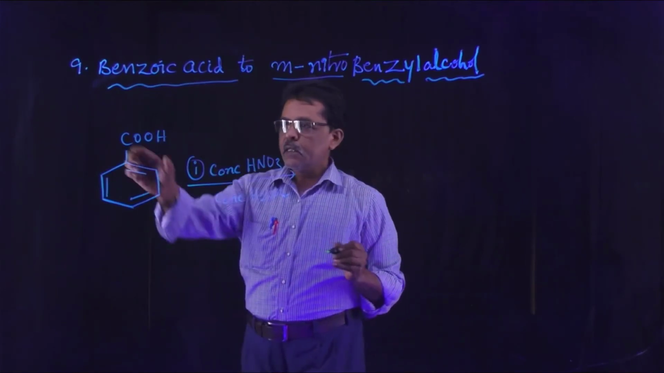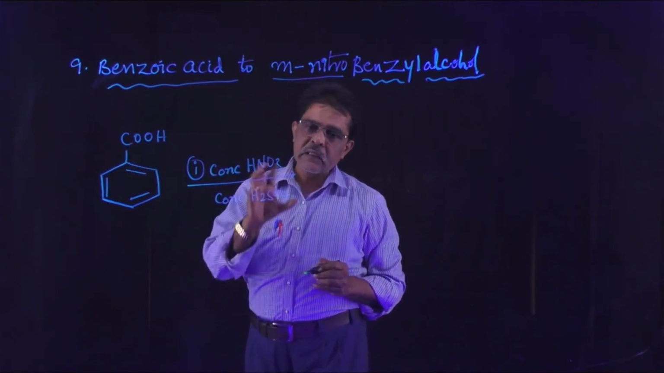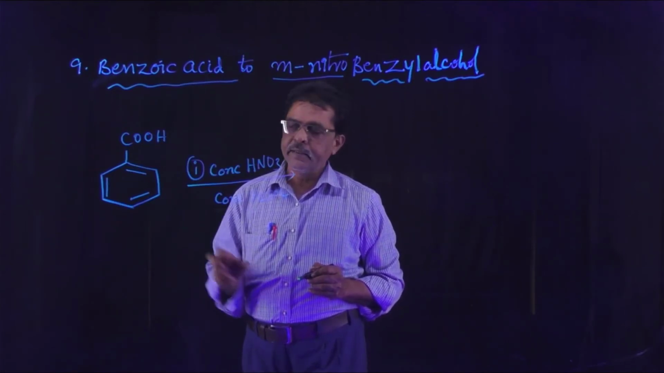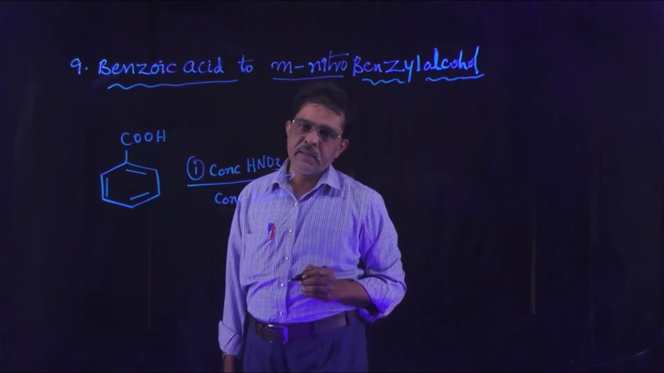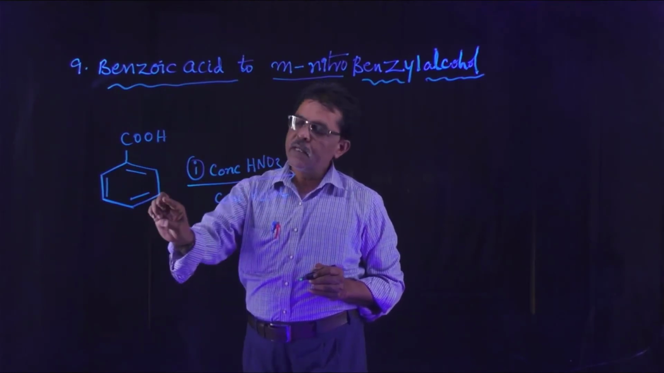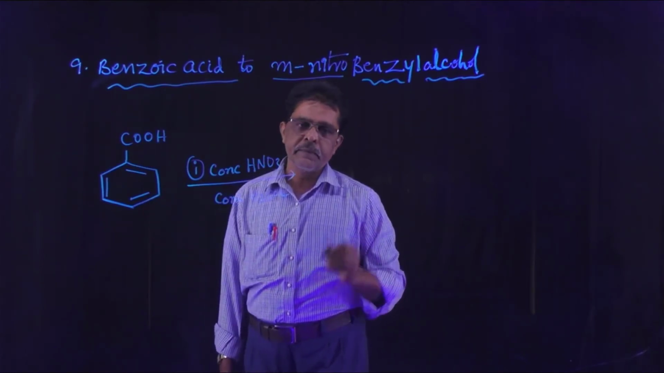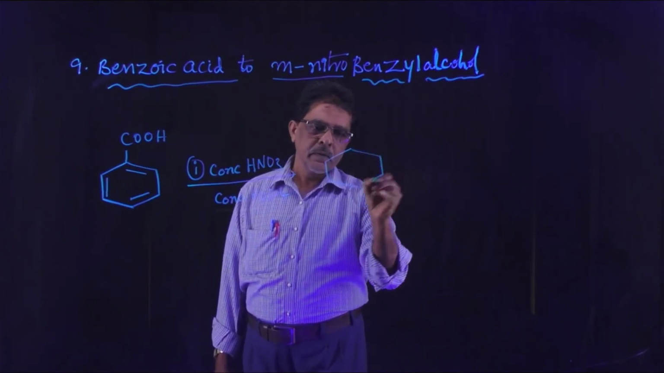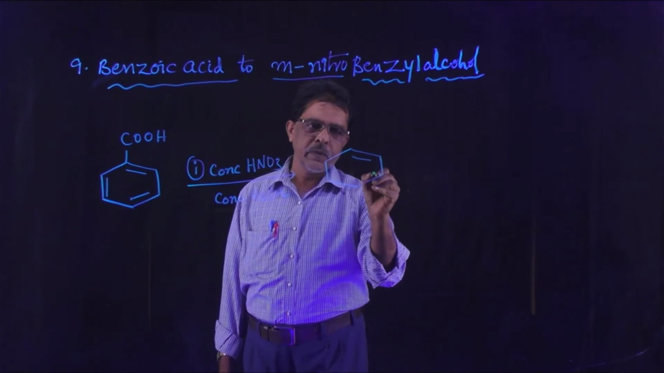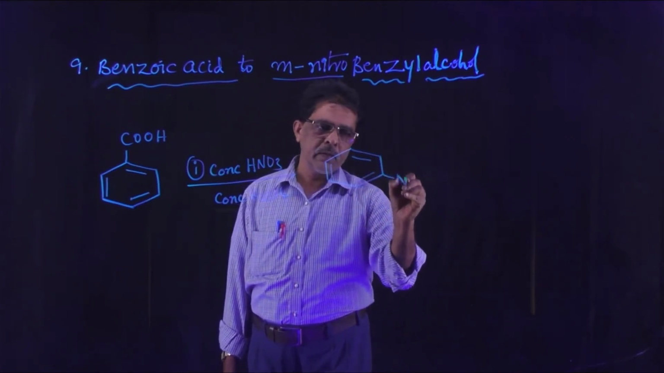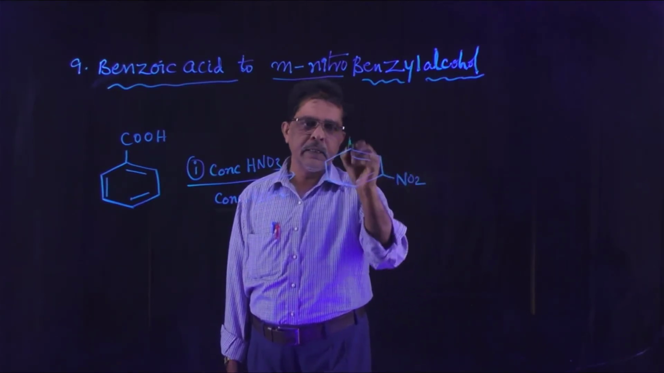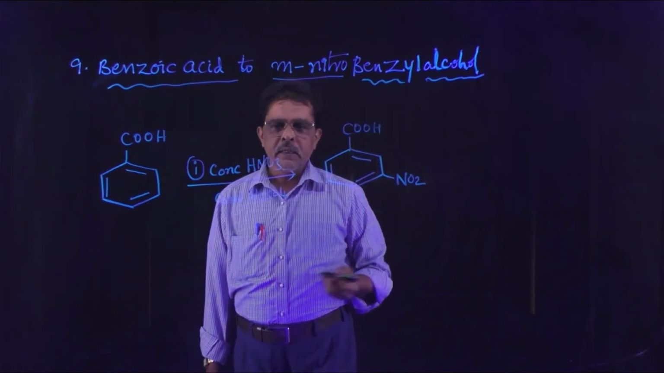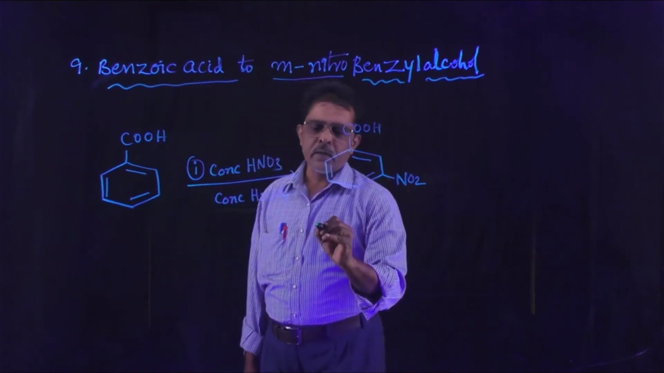Then this COOH group is an electron withdrawing group. Therefore, it decreases the electron density at the ortho and para positions, so the nitro group comes at the meta position. So that we will get meta-nitrobenzoic acid. M-nitrobenzoic acid is obtained on nitration of benzoic acid. Then this meta-nitrobenzoic